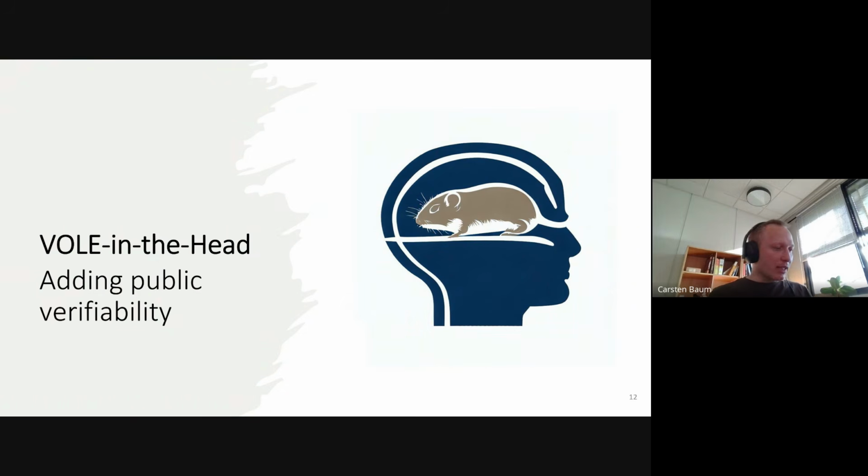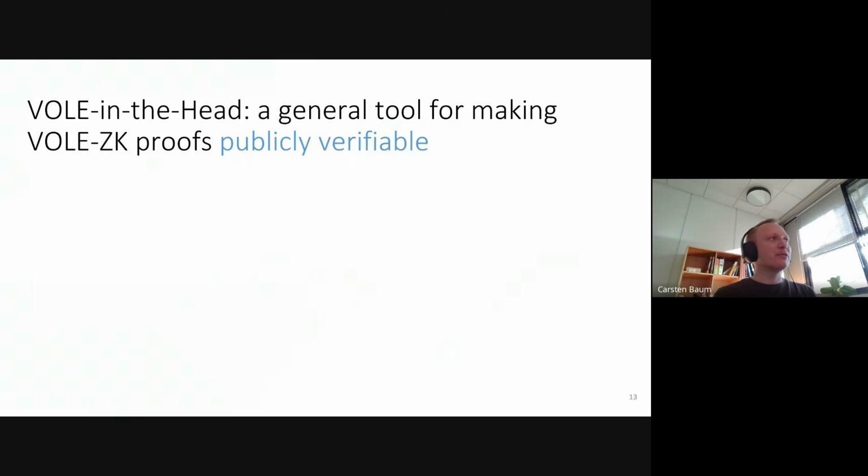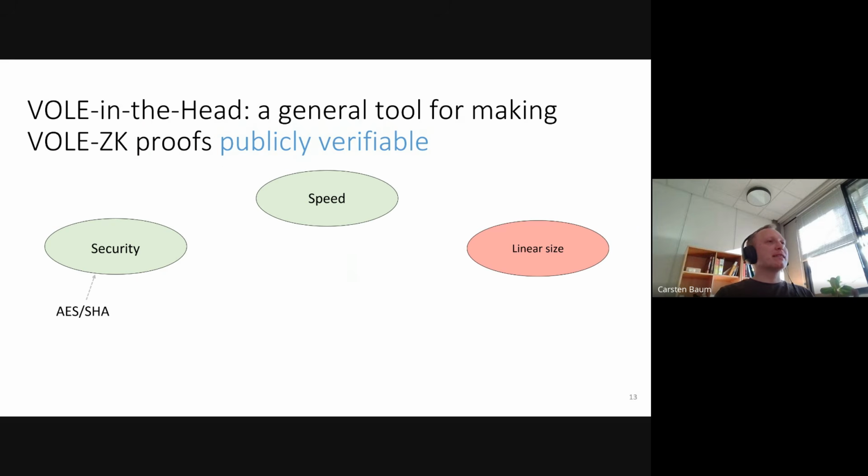So let's put the VOLE into the head, and I thank ChatGPT or whatever for generating this picture a long time ago. How do we actually now make the proofs publicly verifiable? Well, first of all, this has a downside in the sense that, of course, we're linear sized. VOLE-based proofs are also linear sized. That was what I mentioned before, but they will now have a larger overhead in comparison to those designated verifier proofs.